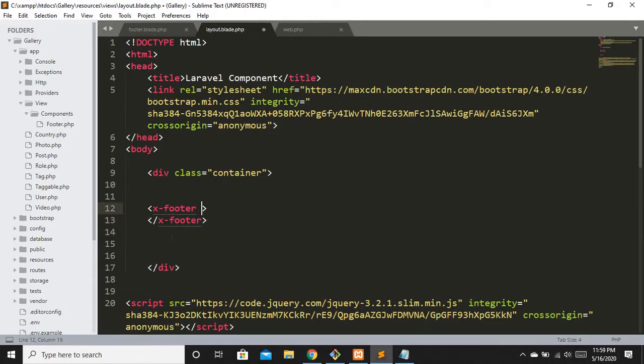Let's say we want to have a title for this component. What we are going to do, we are going to write title, and I want the title to be footer title, let's say. Okay, now this view is getting called from the footer.php, basically the subcontroller, you can say.